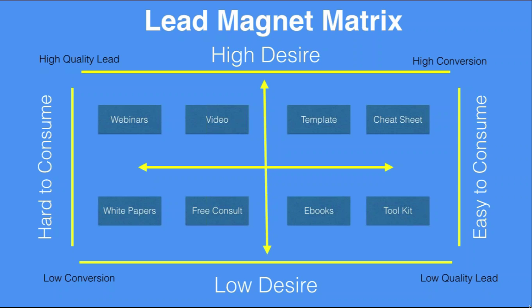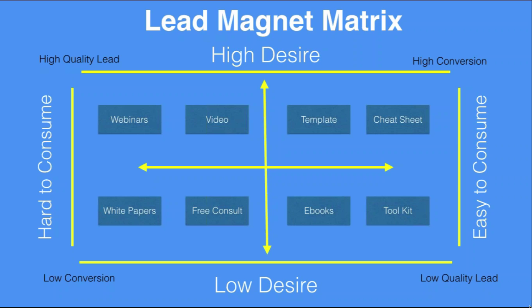So that's why it's high conversion, but it's over here on the low quality lead side, because people grab it, but it doesn't mean that they're actual action takers. So the webinars and the videos are some of your highest quality leads that lead to your actual highest conversion sales. Not saying that's the lead magnet you want to set up because you may not be comfortable with it,